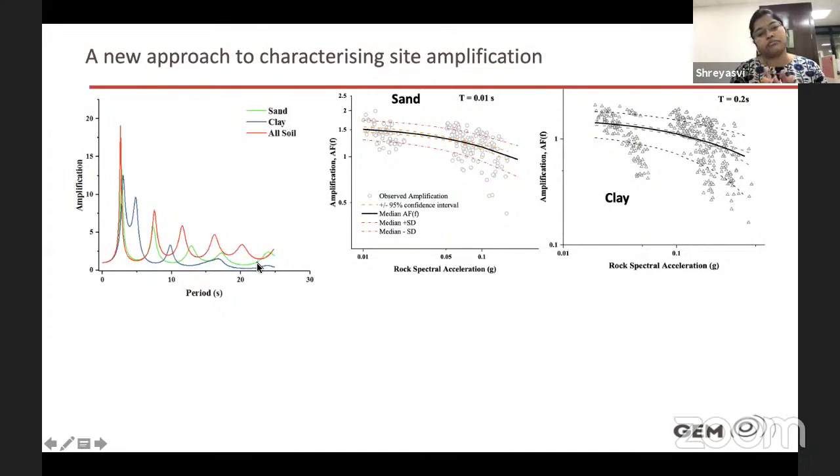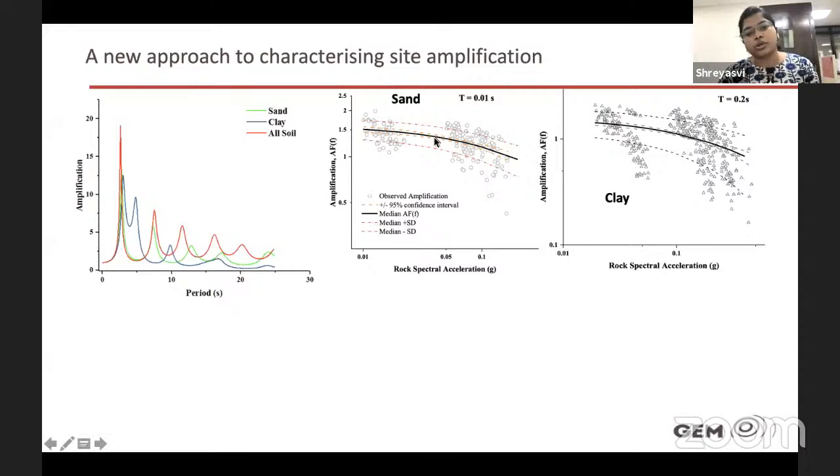So that is when I thought that we should probably characterize it based on the soil type or site type and so on. I was also more inclined towards investigating nonlinear site amplification. Whenever we talk about linear and nonlinear, if the amplification we are observing is independent of the input motion, then we call it linear. And if it is dependent on the input motion or the intensity measure of the input motion, then we call it nonlinear. This is a plot wherein I have plotted amplification versus the input acceleration at the base